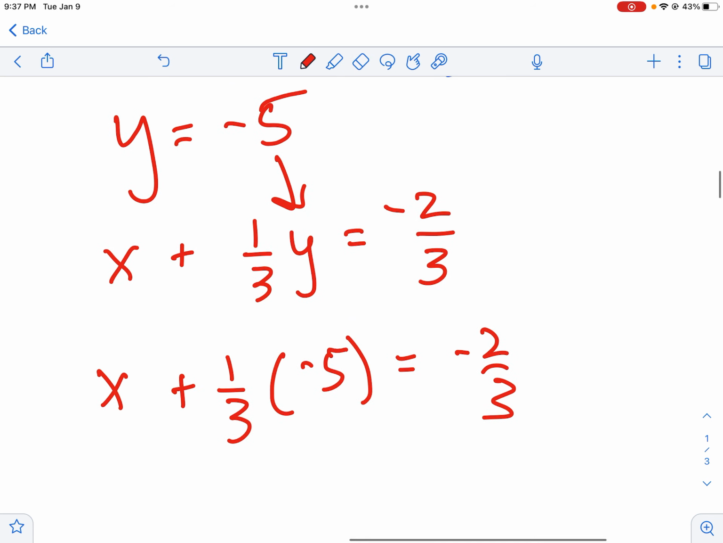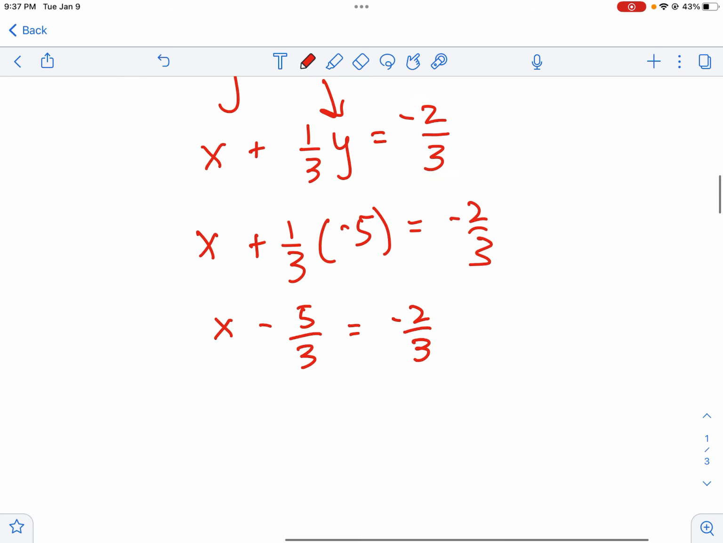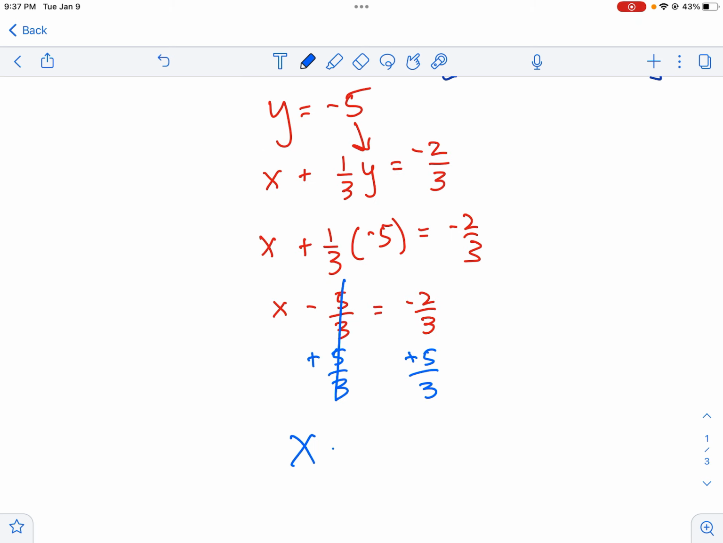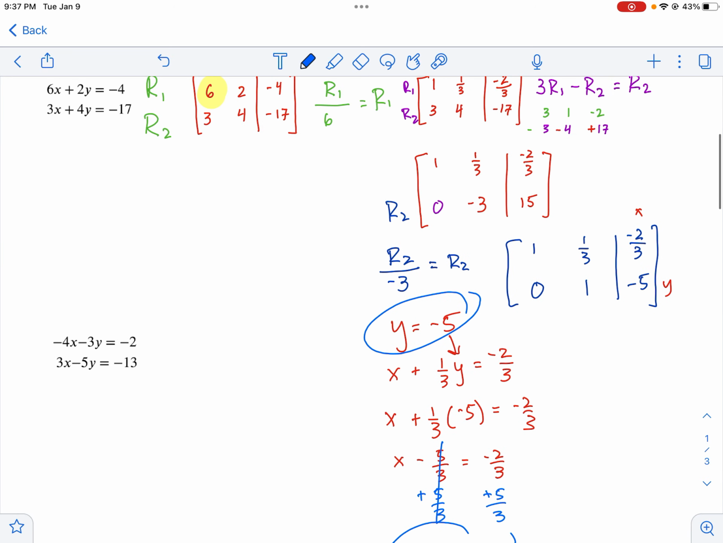This is x minus 5 over 3 is equal to -2 over 3. And then I can plus 5 over 3 to both sides. So I get x equals, that's 3 over 3, x equals 1. So here's my 2 answers. Okay, so that is another way to do it. Yes, it took longer, but it is a skill that's important to have,